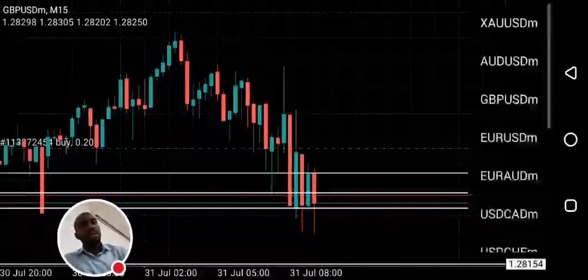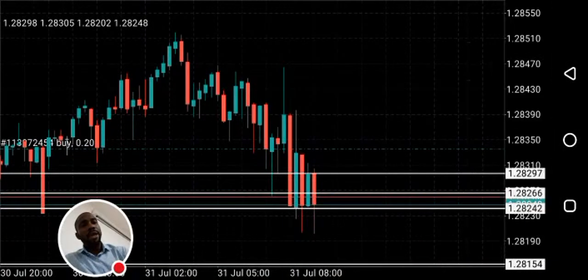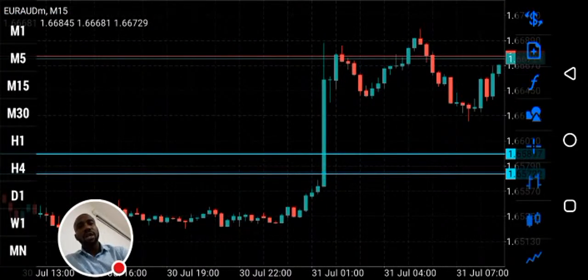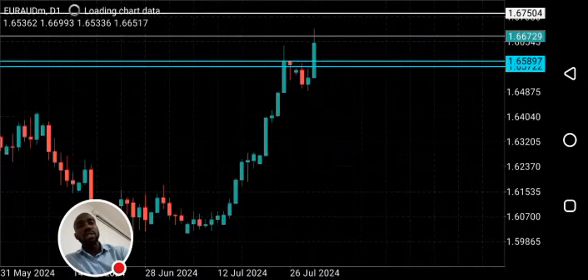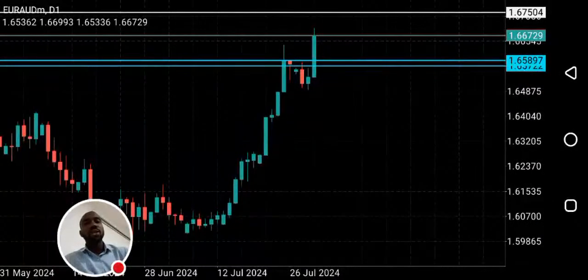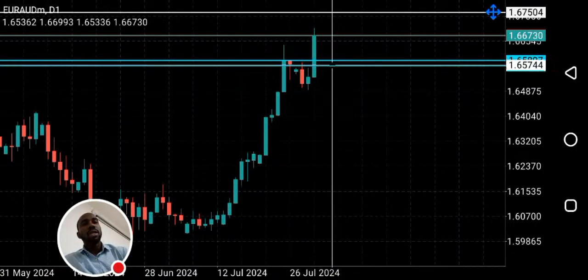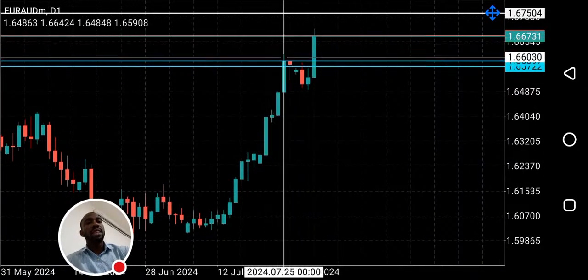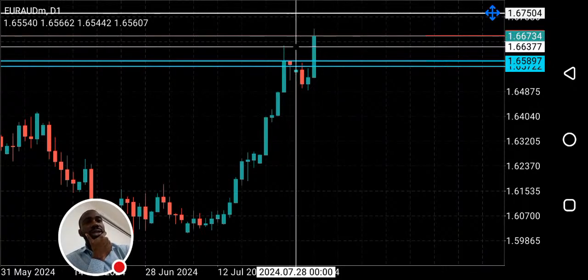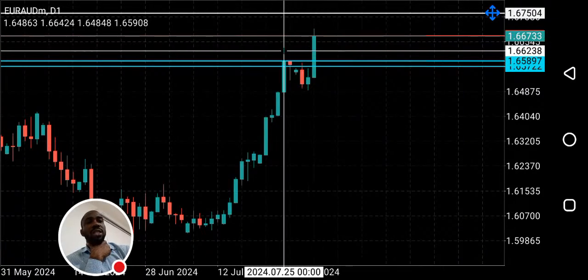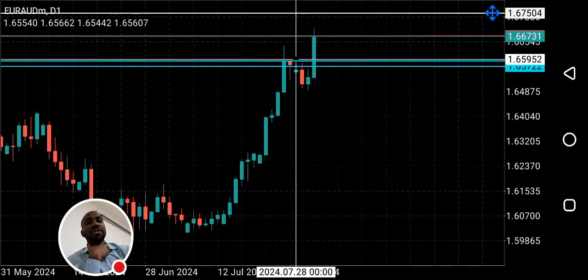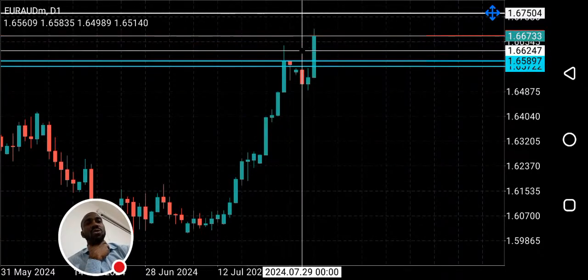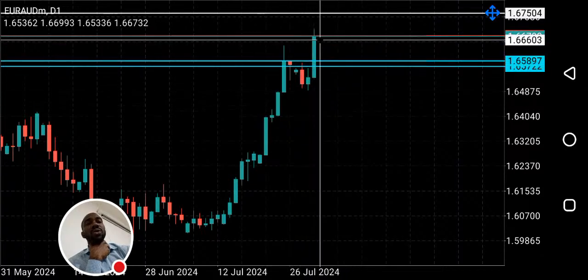Okay, let's look at EURUSD. My bias for EURUSD this week is bearish. But after the Australian dollar news was released, you can see what happened. Since it was negative for the Australian dollar, what they did here was to clear liquidity at this previous high. They had to clear liquidity at this previous high because they know a lot of retail traders would have entered sell after the formation of this hanging man. So what they did was to clear liquidity.